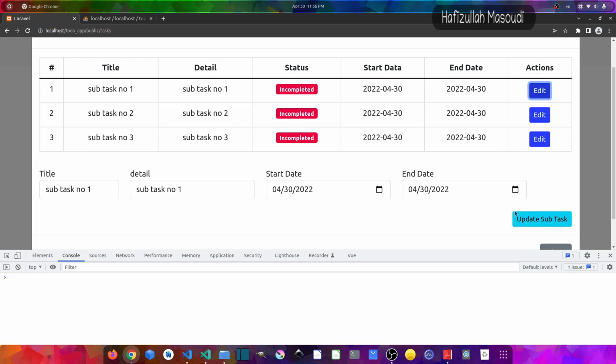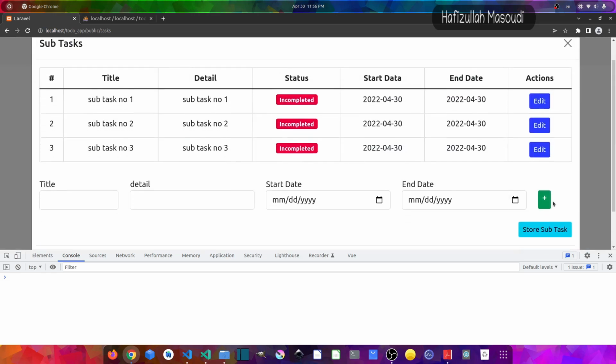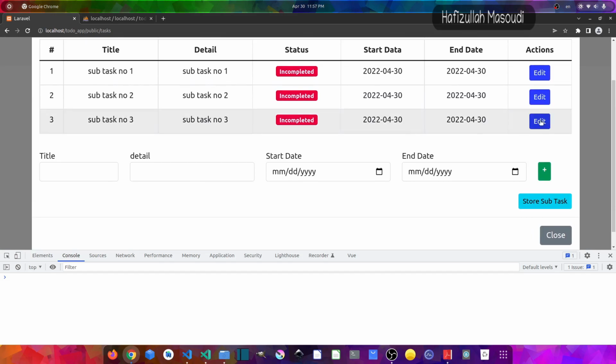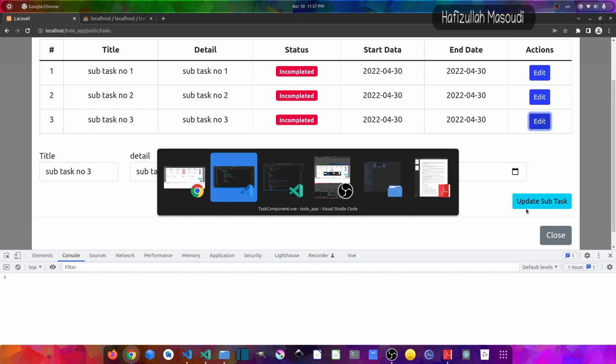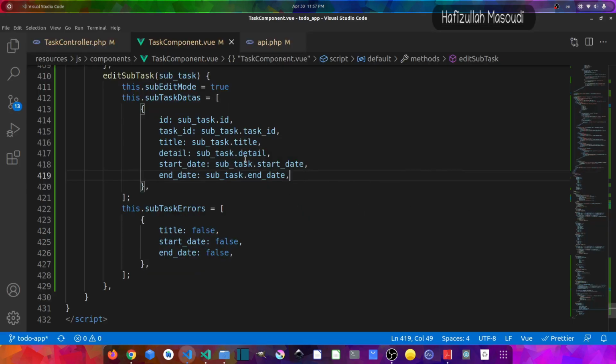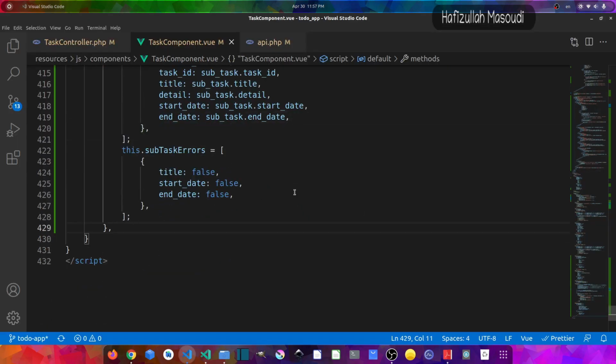Now in here you can see we are getting the update subtask button also, because if we click on this you can see it says store, but whenever we click on this it changes to the update. So now let's work on this update subtask. So let's create the update subtask function,